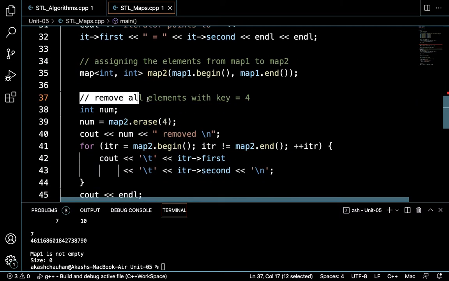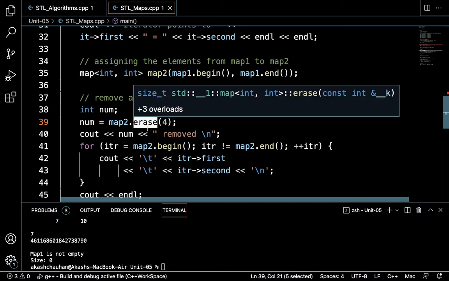Removing an element with a particular key. Let's say we want to erase the key value pair having key as 4. So it means from the map, wherever the key 4 is stored, the key and its associated value will be erased from the map by simply calling the erase method.